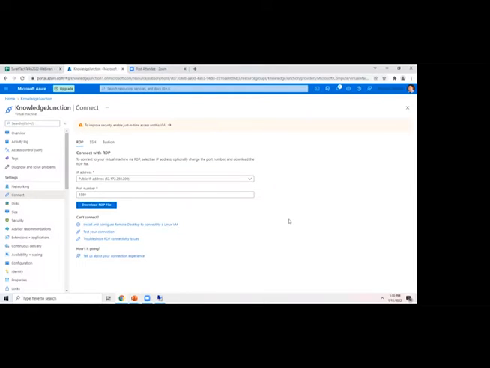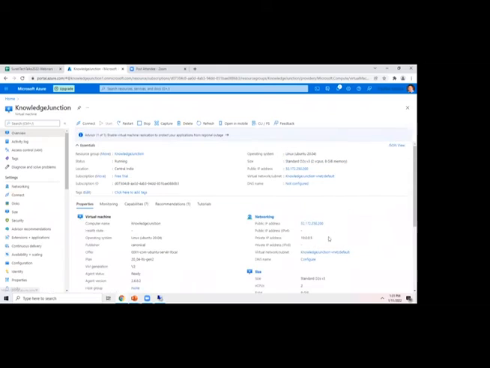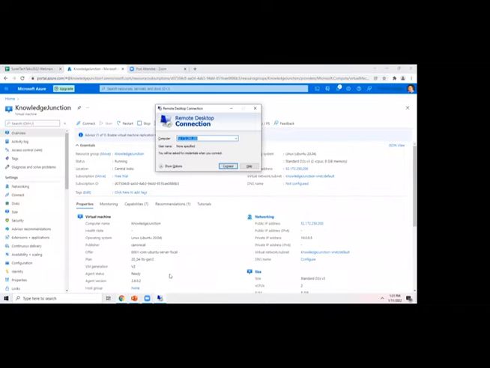I have added the blog in the reference section, covering the prerequisites required to connect to my Ubuntu box hosted in the Azure cloud through RDP. But I won't go into those detailed steps, since our main focus is on Docker and container applications. So I'll copy this IP address, run mstsc, and let's connect.